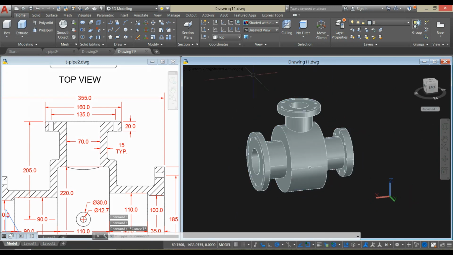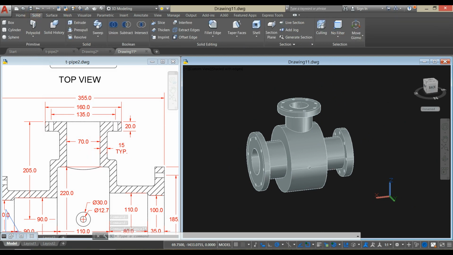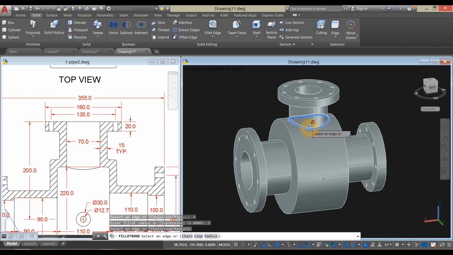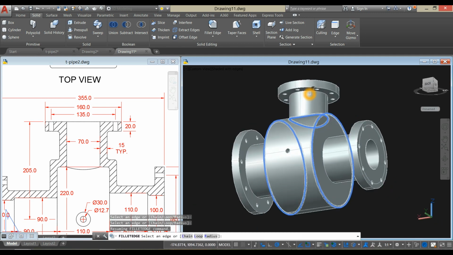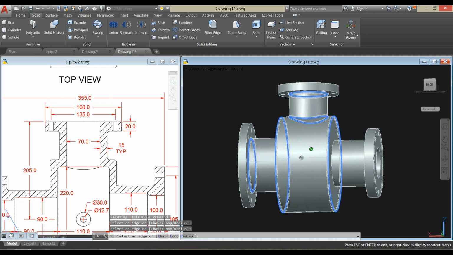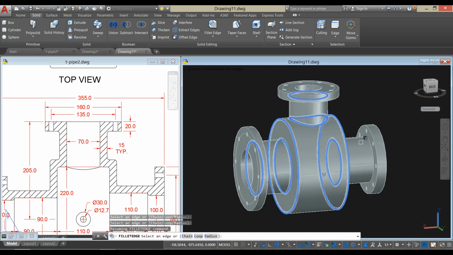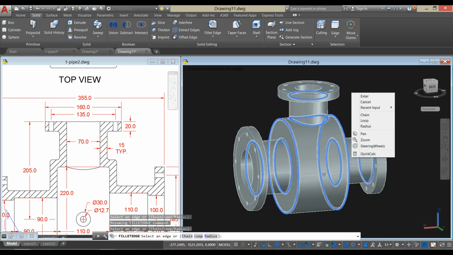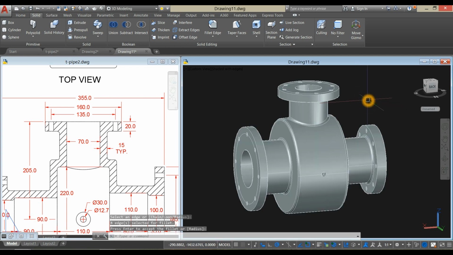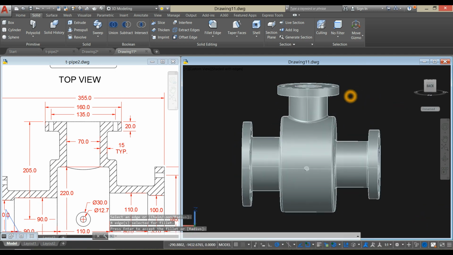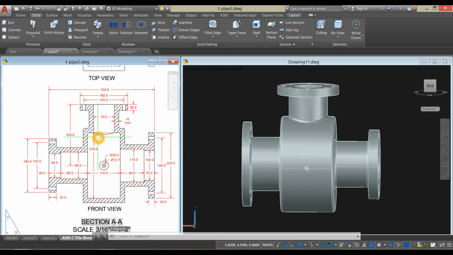Now apply fillet. So go to solid, select fillet edge, go down to the command window and select radius option and enter 5. Click this edge, this one here, this edge, this one, and this edge. Enter twice. And I think we have to apply fillet here also